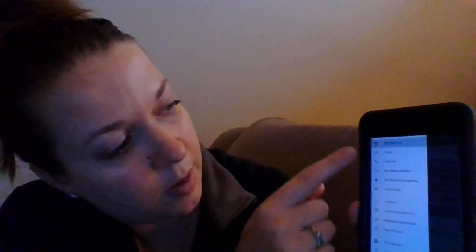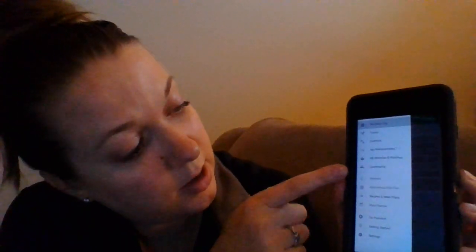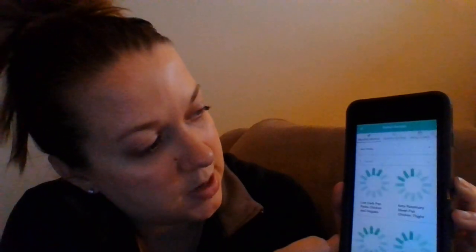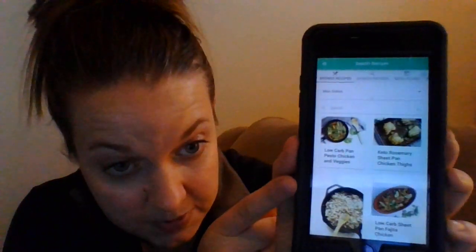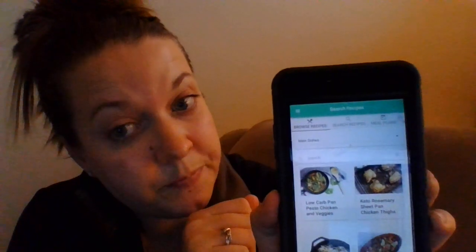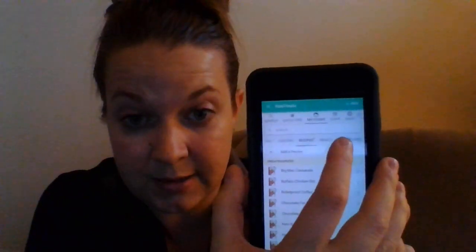In that settings area again, you can also go to your recipes. You can see recipes from other people if you want. You can search them. Sometimes they have meal plans in here too. That's kind of some cool things that you can do. Another thing, but if I go back to mine, I'm just gonna kind of click on something here. I'm gonna add foods. So the My Foods too, you can do meal plans, meals in general, like I said,